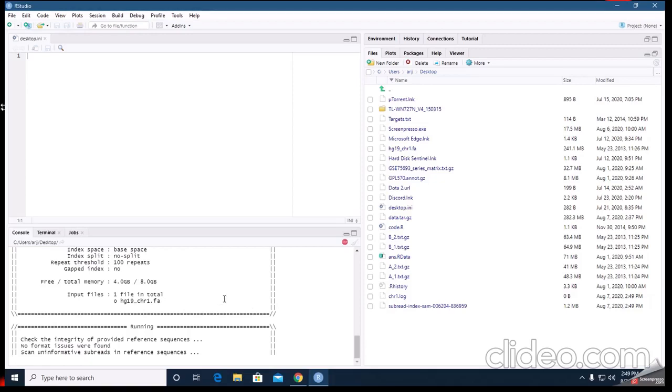And you can see this, our memory is 4 GB, free memory is 4 GB and total memory is 8 GB. You should have a good PC with good space to run this experiment.